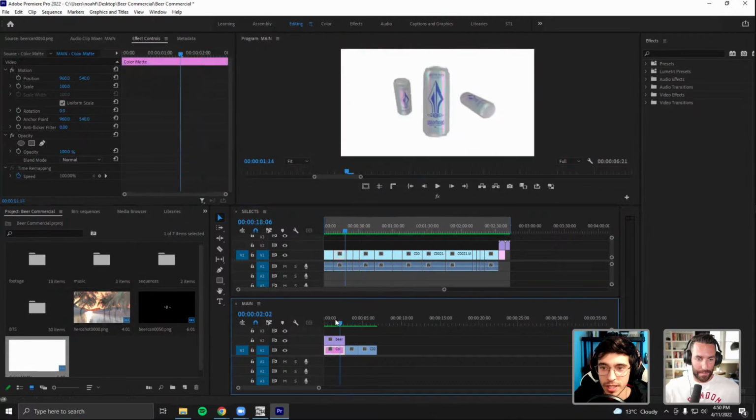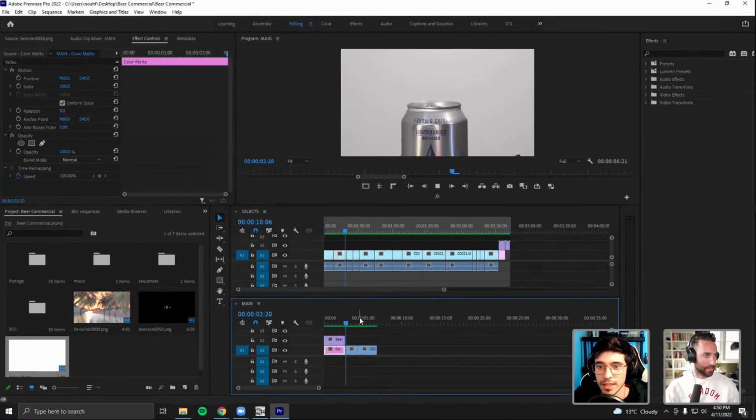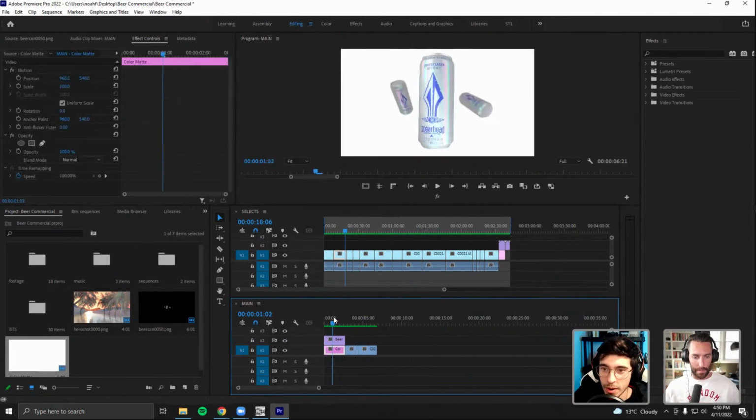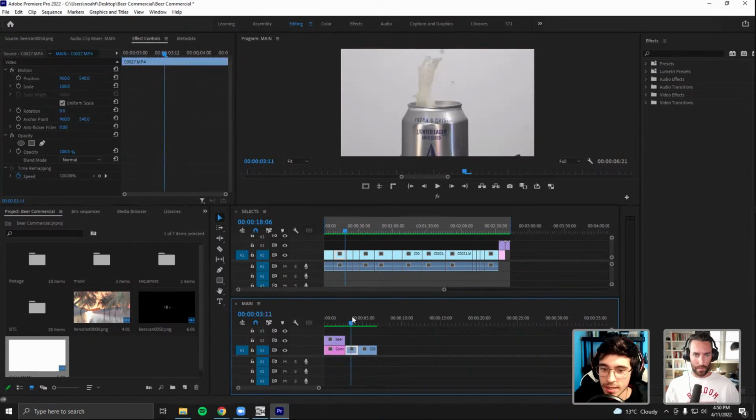Okay, so now I'm thinking, what's the story? You open the can of beer. This shooting stuff symbolizes the opening of the can. Also, one thing I was keeping in mind when planning out this project was that I wanted high energy, interesting shots that make people go, oh, how the heck did he do that?